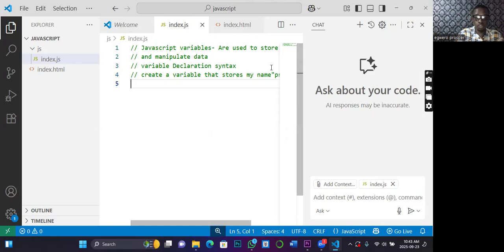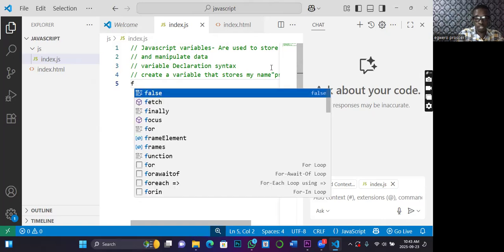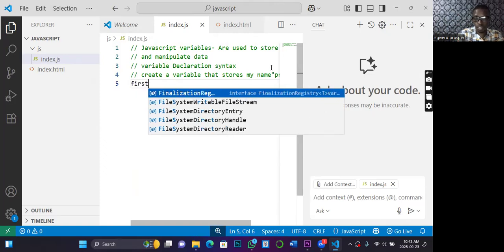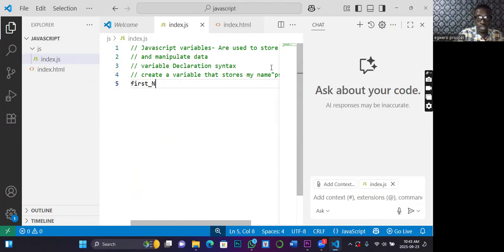So the name, I will say, okay, my first name, first underscore name. This is the name part of the variable now. Equals to is the assignment. Remember I mentioned three parts, right? The variable name part, the assignment, and the value. Now, because I am storing a string in this variable, a string, which we are going